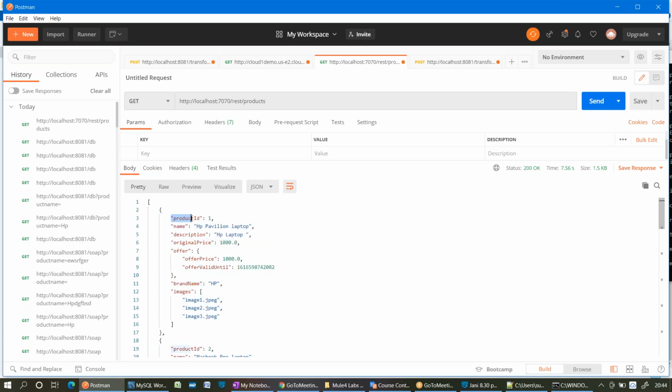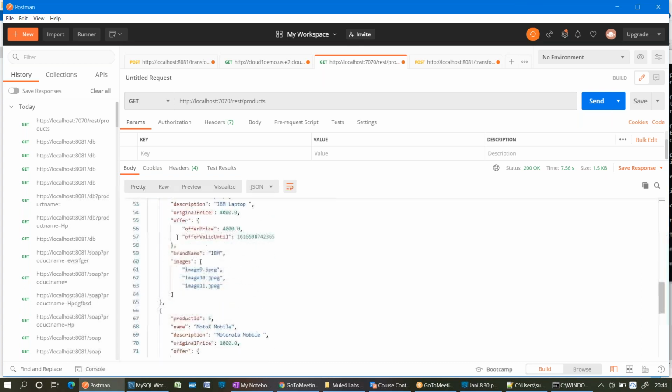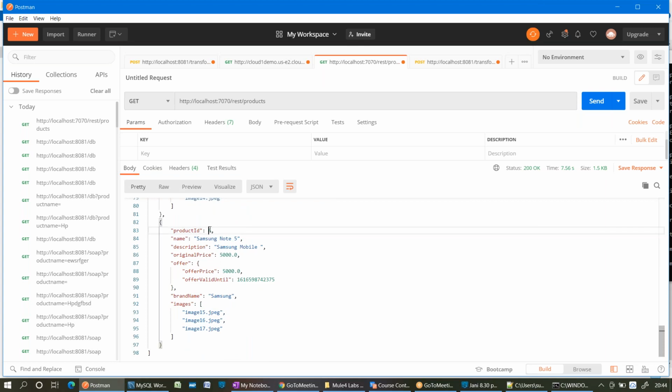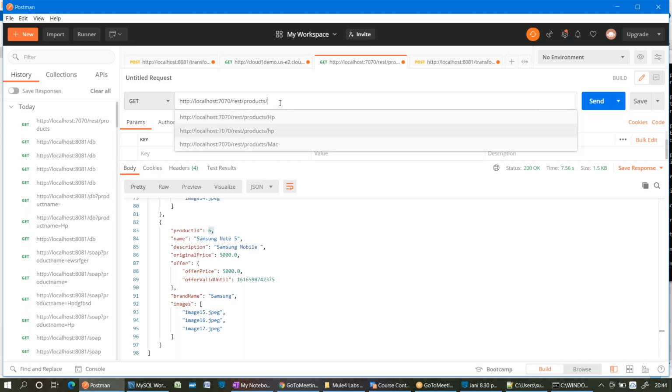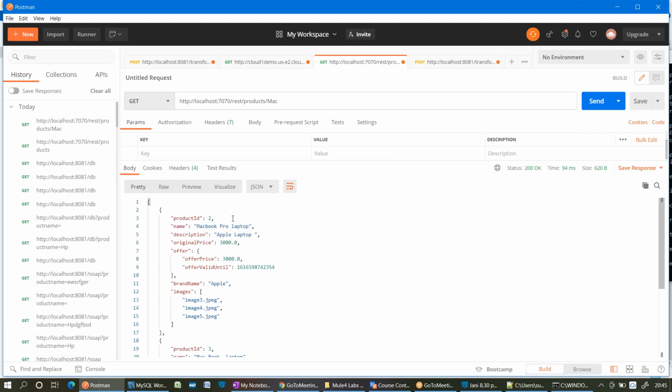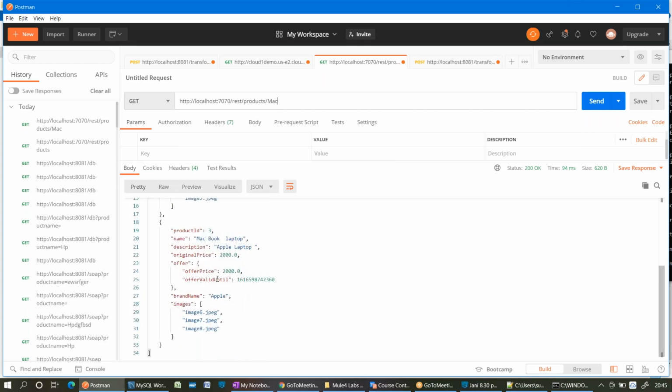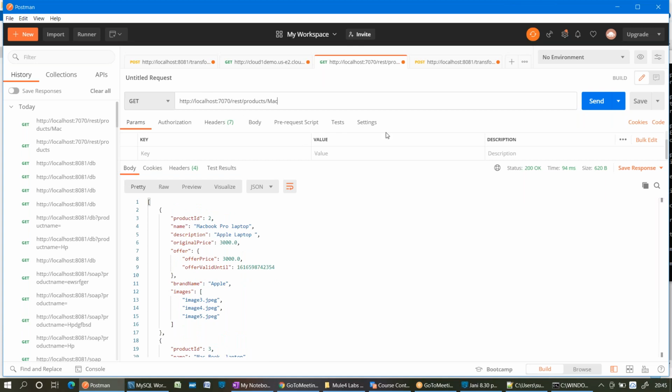It contains some key and a value. JSON is like a map again, which has a key and a value, right? So in this array, in total, how many products, how many objects do I have? Total 6 objects, right? Now every product has some name. If I want to get a product by name, we send a request to /products/HP or Mac. So am I getting only Mac related products now? Two products only in that array, right? Yes or no? This is how normally we consume any REST API, right?